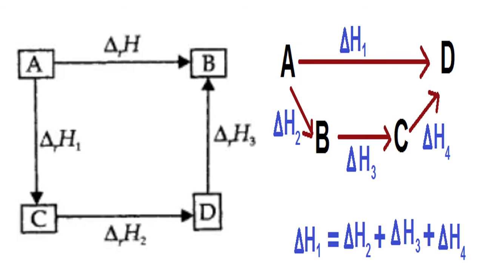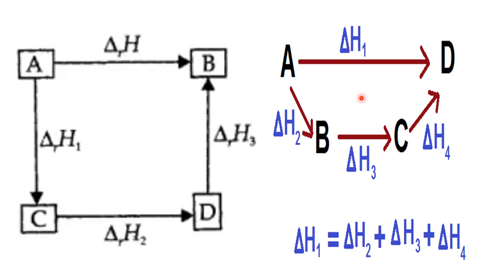Now one more diagrammatic way of representing Hess's law. This is a general example. Whether you are converting A to B directly, or A to C first, C to D, then D to B, so A is converting to B via these two. Whatever energy change is there, direct from A to B is the same compared to delta H1, delta H2, delta H3. So when you add these three, it is the same as for A to B. That is the general equation.